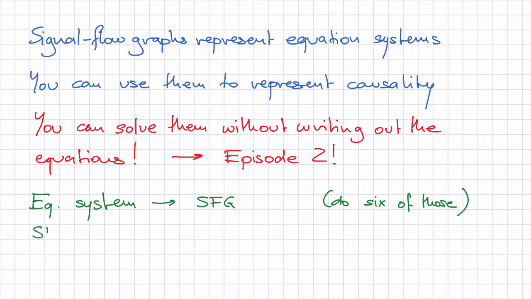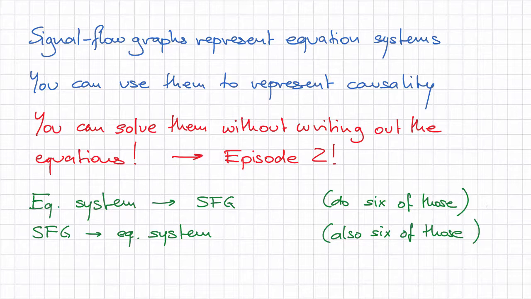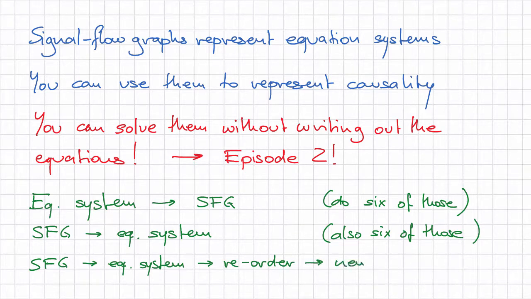Then draw a few signal flow graphs and write down their equation systems, go in the other direction, also do 6 of those. Finally, pick the signal flow graph you like best, take its equation system, reorder some of the equations to make a different variable independent, and then draw the signal flow graph again from the new equation system and spend a bit of time to meditate over the big difference you see in those 2 graphs. I'm convinced that if you do this, then you will remember the contents of this lesson for a very